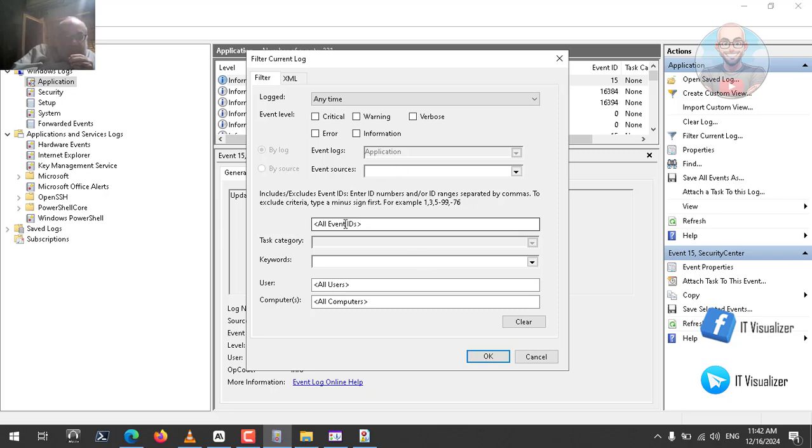Okay, we have the events. You can type them also as comma delimited. For example, I can type 4625, then comma. So we can do this here. You can do the same options from the event viewer, but I think the